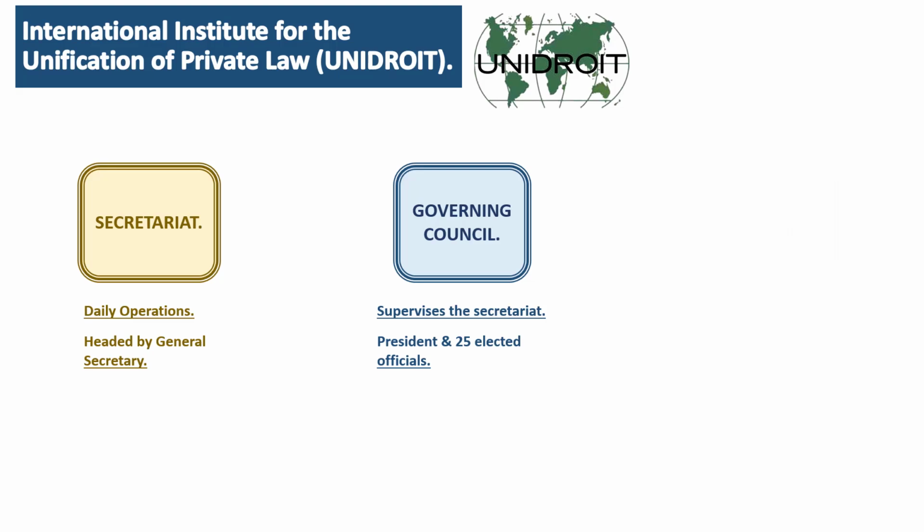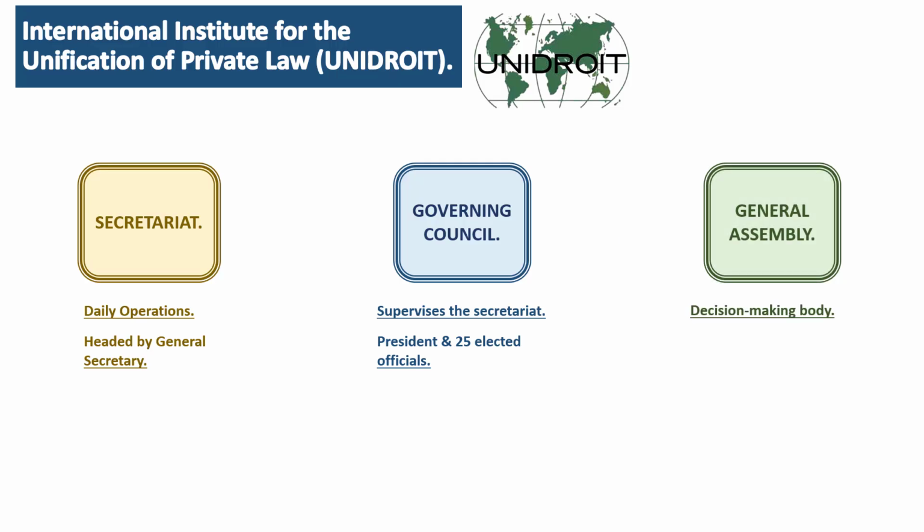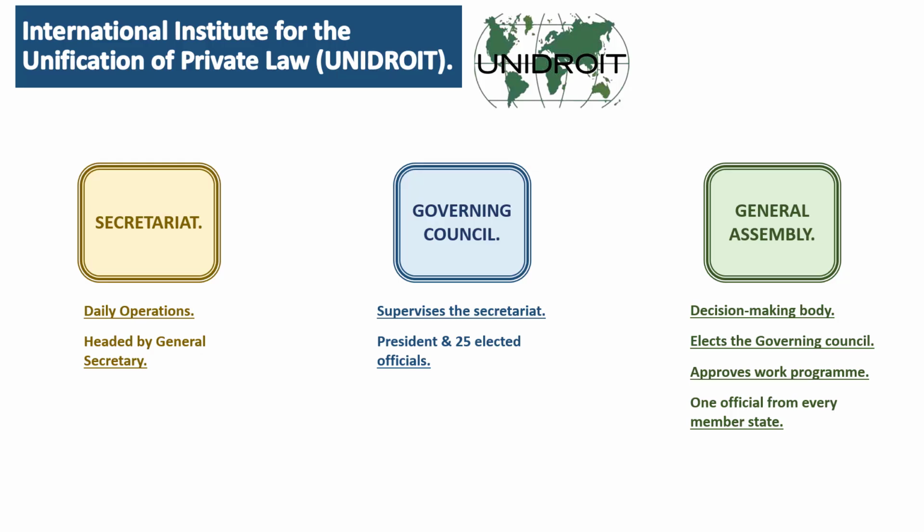The third is the General Assembly. Now, this is the decision-making body of UNIDROIT. They elect the Governing Council with a term of 5 years. They also approve whatever program that UNIDROIT is supposed to execute. And then their composition is such that every member is supposed to nominate an official to serve